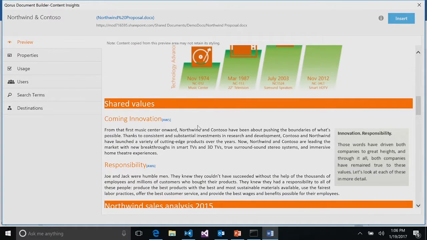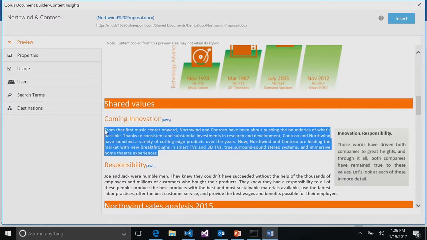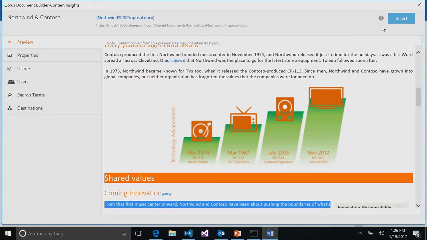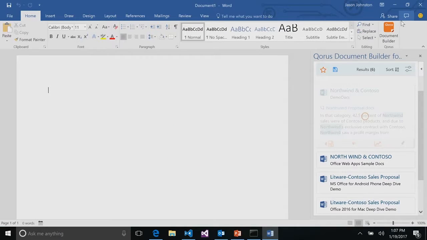Okay? Now, the nice thing here is that from this preview, if I just wanted a little part of the document, I can cut and paste directly from this. This is fully interactive. Okay? I can also just insert the entire document. And they give me some other options here. If this is interesting to you, definitely go try them out. It's a cool little add-in. We'll just go ahead and insert the entire document.